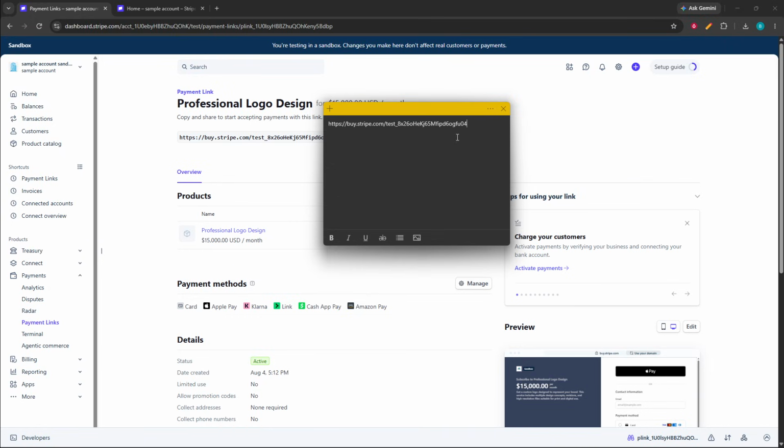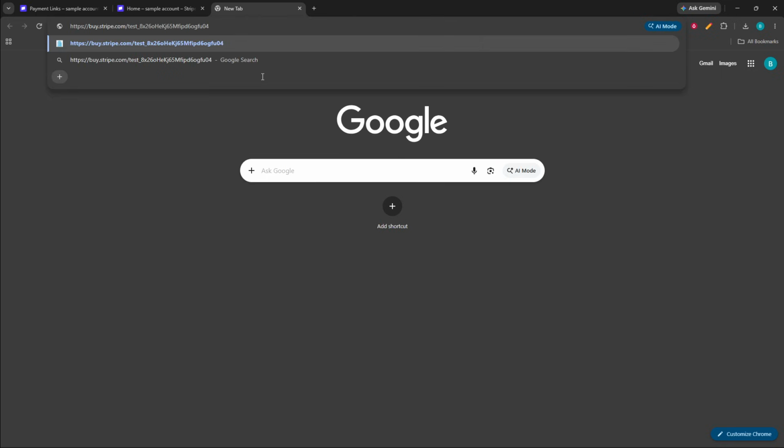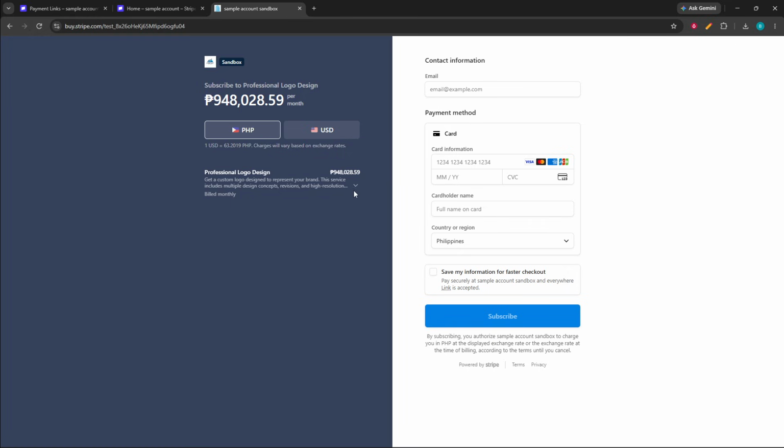At this point, the recipient can click the shared Stripe payment link and be taken directly to the Stripe checkout page. As a final check, verify that recipients can access the Stripe checkout page using the link you shared. You can do this by testing the link yourself or confirming that it opens properly when received. This helps make sure the sharing process worked as expected and that your customers or recipients will have a smooth